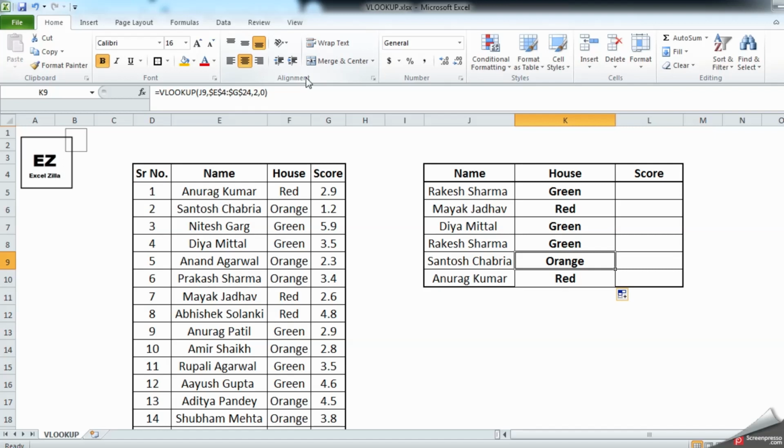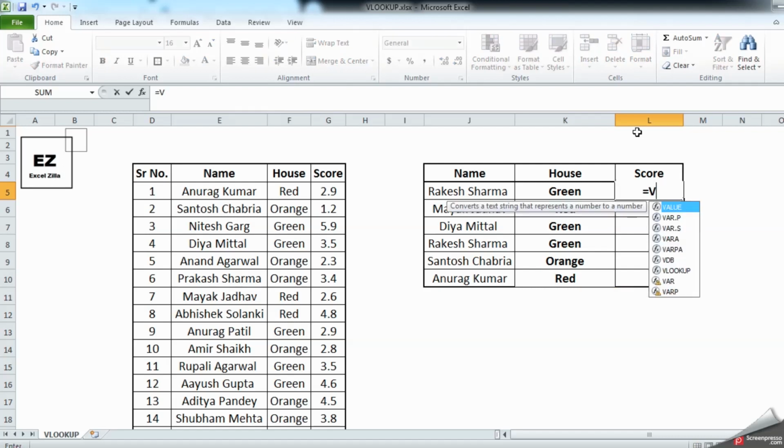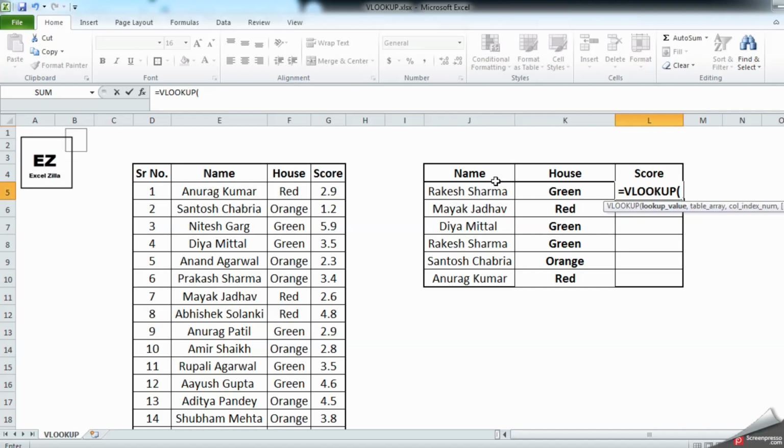Now let's see how to look up the score column. In the same way you can write equal to VLOOKUP, give a lookup value which is this cell, because based on this cell we are going to find the score, comma. Again, we can only start from this column. We cannot start selecting the table from this column because our lookup column starts over here. So let's select this.